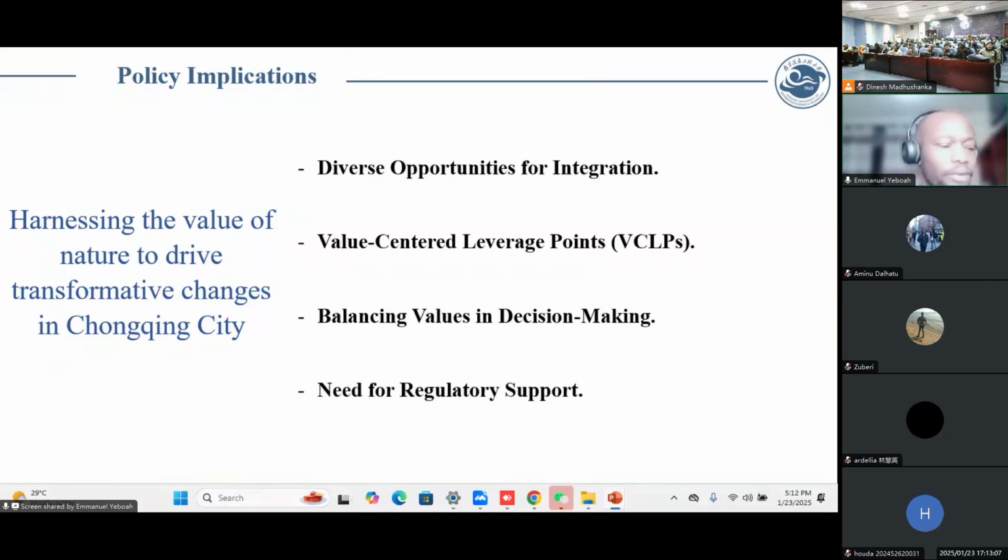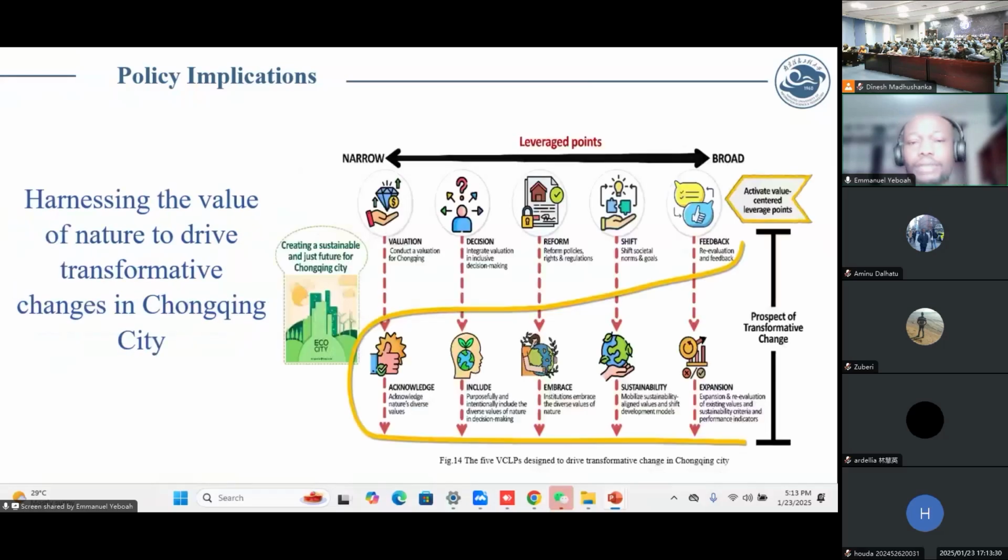So we move on to the need for regulatory support. Basically, the support not only relies on the government, it's more of the whole, both the citizens, national and international, to at least buy into this idea just to curtail the harmful effects of elevated temperatures, if my memory serves me right. Now, this is just a brief description of how the five value points are designed for Chongqing. So it's more of a lever, like a lever to